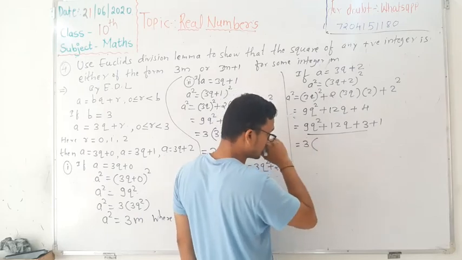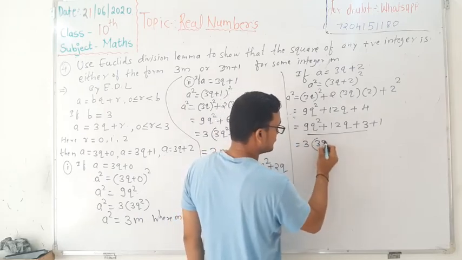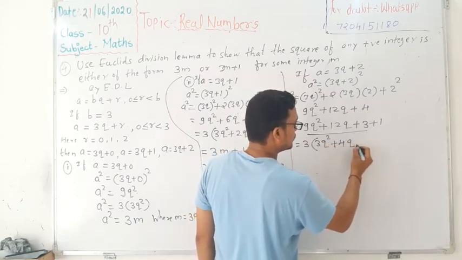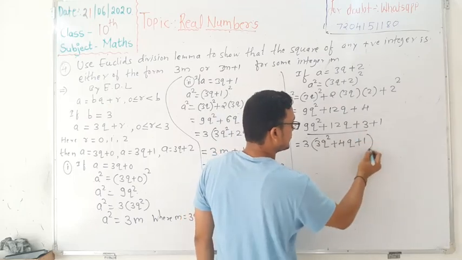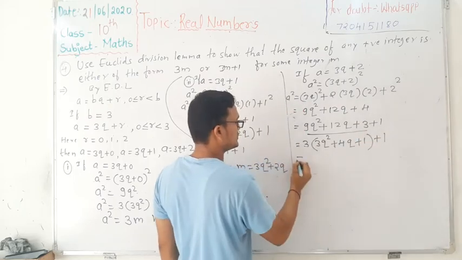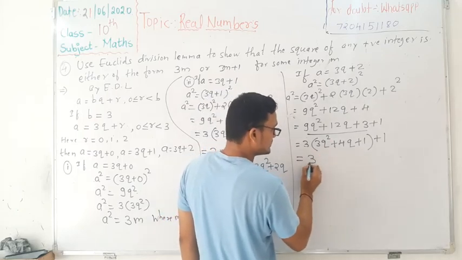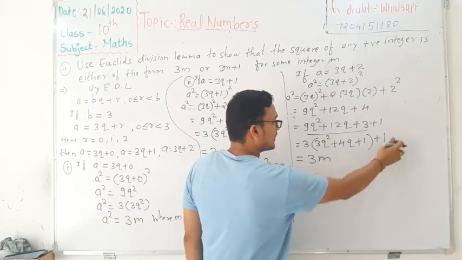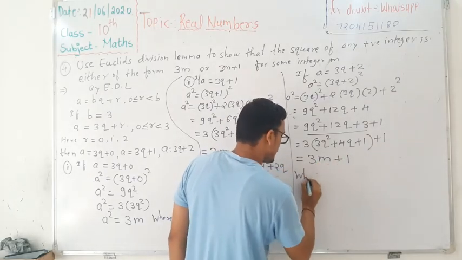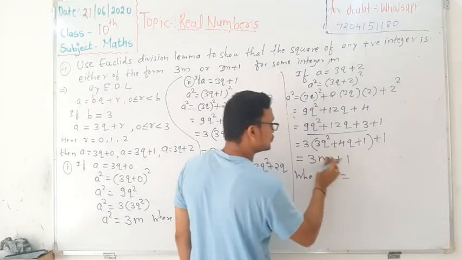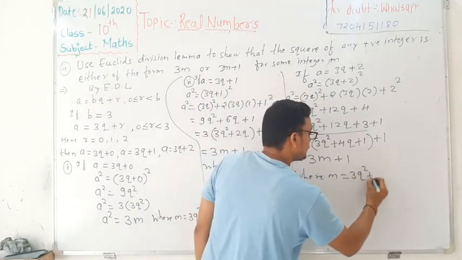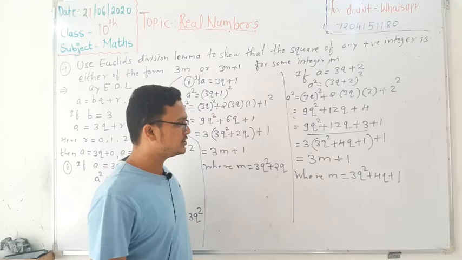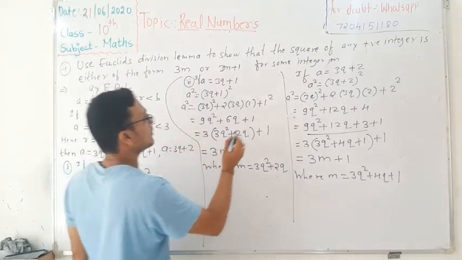So if I take 3 out as common, then 3 3 is 9, q square, plus 3 4 is 12, q, plus 3 1 is 3, and this plus 1 as it is, which is equal to 3 as it is, and this 3q square plus 4q plus 1 I will consider as m, and this plus 1 as it is. So this m is equal to 3q square plus 4q plus 1, where this m is again some positive integer. Okay, so what we observed here,